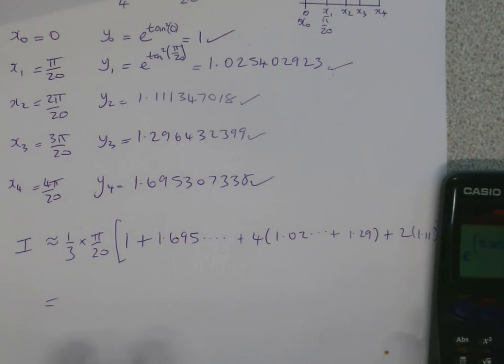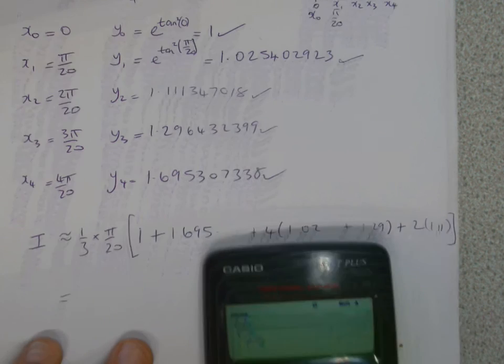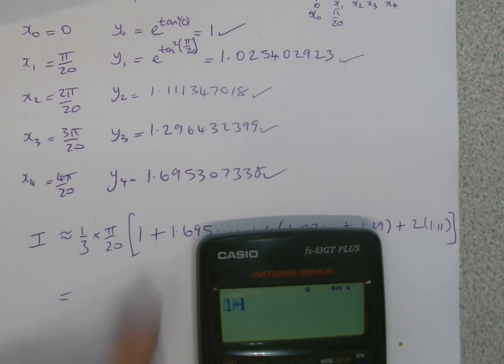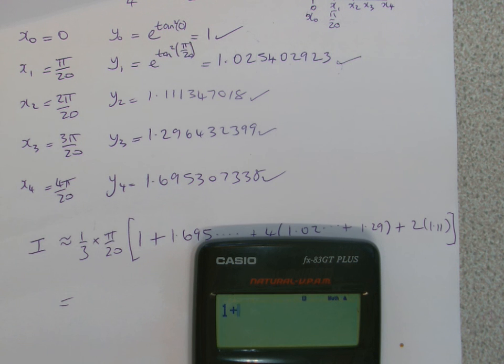So all I've got to do then in my calculator is work this out, and then I'll get my answer. What I tend to do is work out this bracket first, okay? So on my calculator, I will type in now the 1 plus then the 1.695307338, okay? Plus then the 4 lots of then the 1.02540923, plus then the 1.29643299, close bracket, plus then twice the